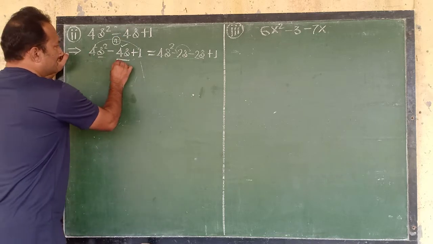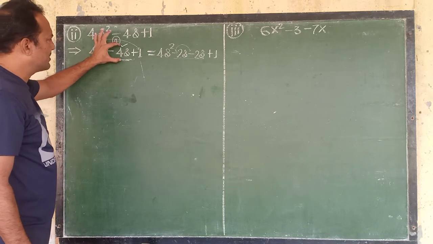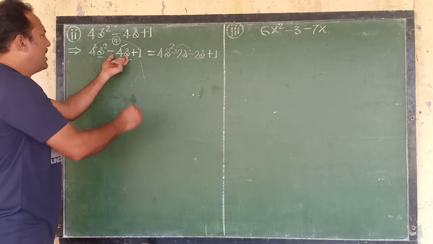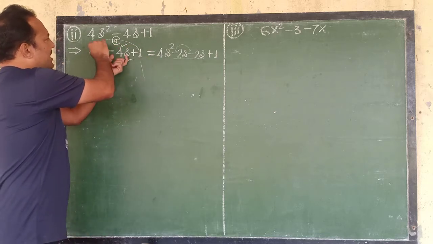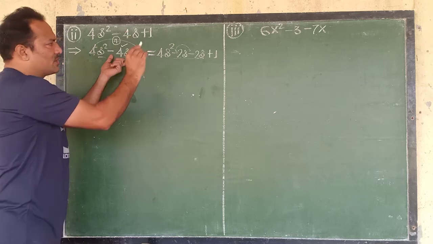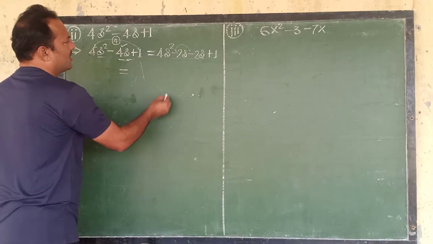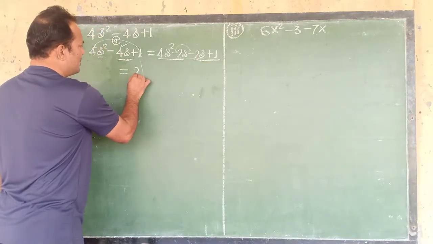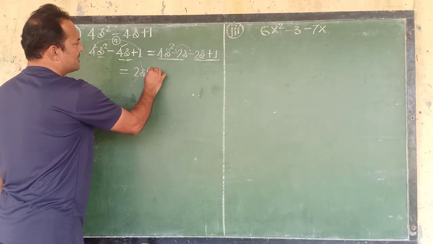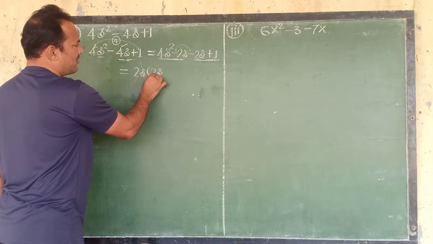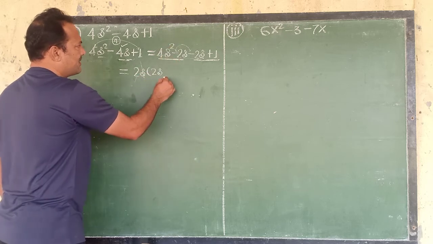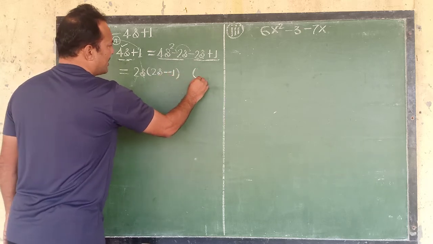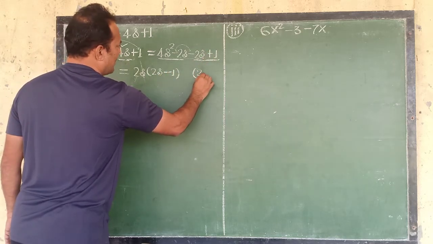Then what is the rule? We have to factorize the middle term. If we add, we get the middle coefficient, and if we multiply the same factors, we get the product of the coefficient and the constant. Now we take these two terms and these two terms. What is common in these two? 2 and s are common. What is remaining here? 2s. 2 2s are 4, and s multiplied by s, 4s square, minus, already we took 2s, what is remaining here is 1. Write this same: 2s minus 1.